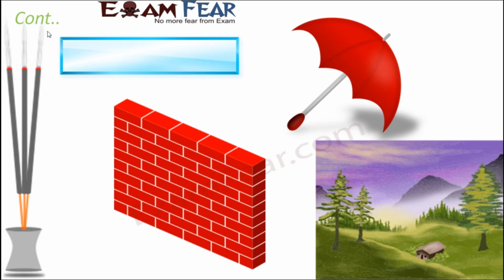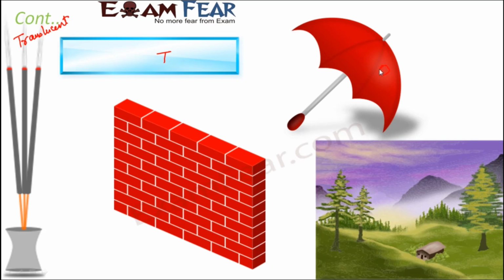So smoke is not really transparent. At the same time, it is not opaque. So it is translucent because it vaguely allows you to see what is there on the other side. A sheet of plain glass like this is going to be transparent because it clearly allows us to see everything behind it. Think of an umbrella.